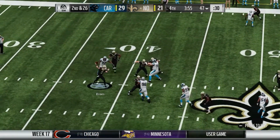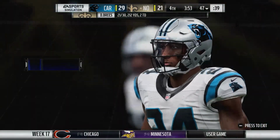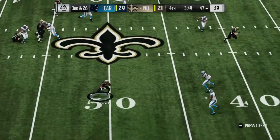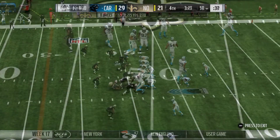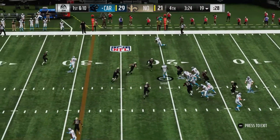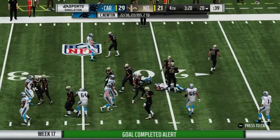Shotgun now for Breeze. Incomplete, almost intercepted. This will be 3rd and forever. Breeze now to throw. Again has it complete. And he'll get it out to midfield. That means the playbook is still wide open, but you are a little bit more careful about what you're calling. You want plays that are going to gain yardage consistently, right? You don't need to...